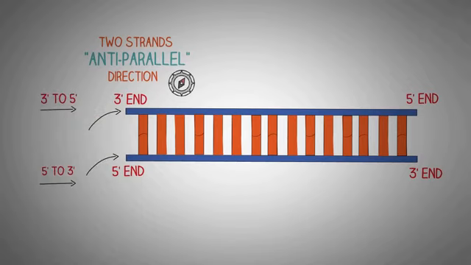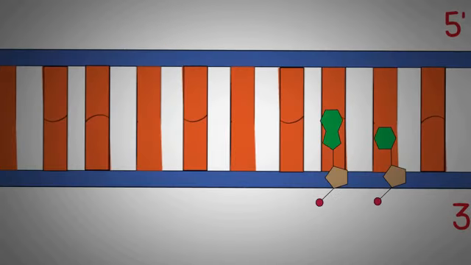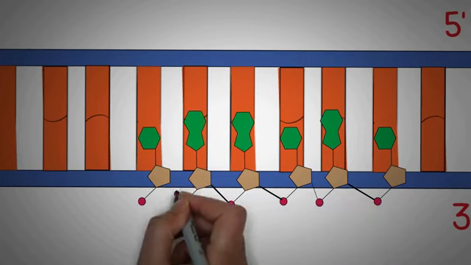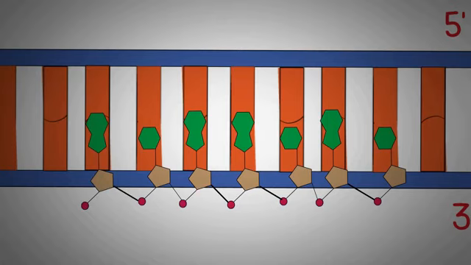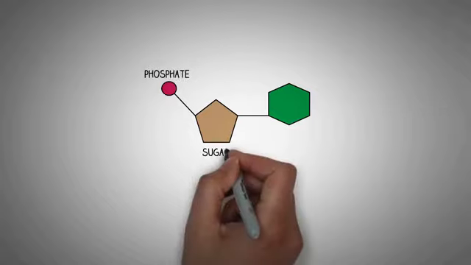Now to understand the concept of direction in DNA in a better way, let's take a brief and close look at the structure of the DNA. Now in this example, you can see the different nucleotides and how they are joined together in one strand of DNA. If we take one nucleotide out from this strand, you can see the simple depiction of the chemical structure of a nucleotide. We will not go into the details as we have discussed the structure in detail in previous videos, but you can note that we have 3 important groups in a nucleotide, which are the phosphate, the sugar